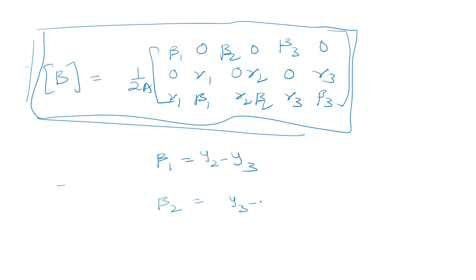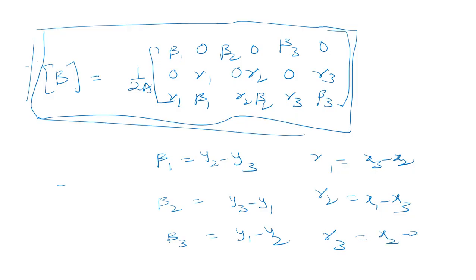y3 minus y1. Beta 3 means y1 minus y2. Similarly, gamma 1 means x3 minus x2, gamma 2 is x1 minus x3, gamma 3 is equal to x2 minus x1. These things we already discussed; I was just trying to recollect them. Delta means displacement vector. So once we know this,